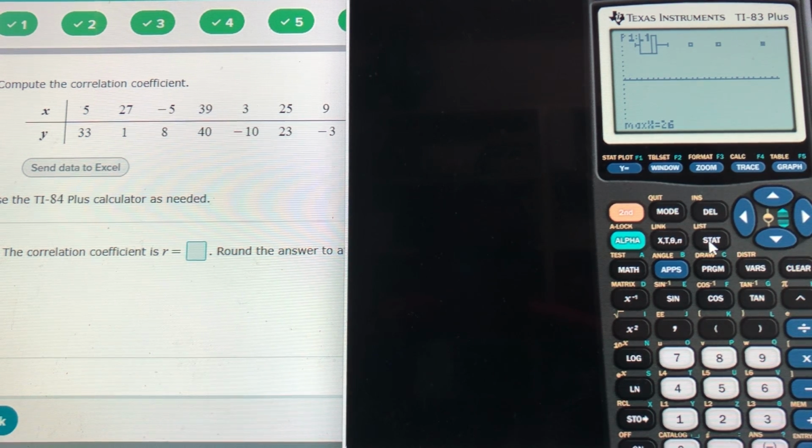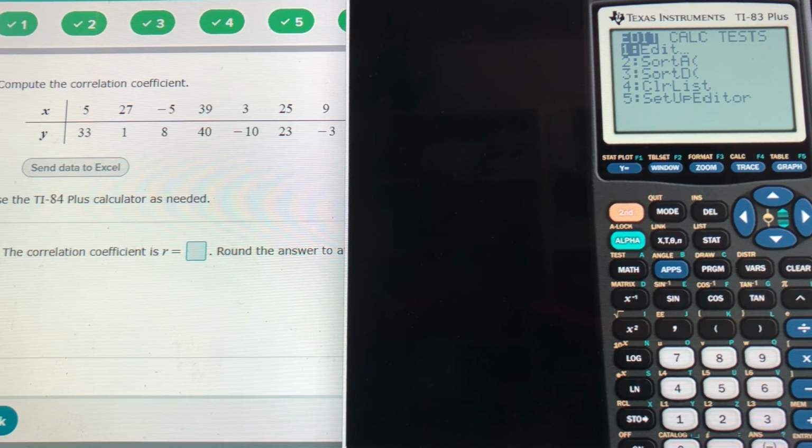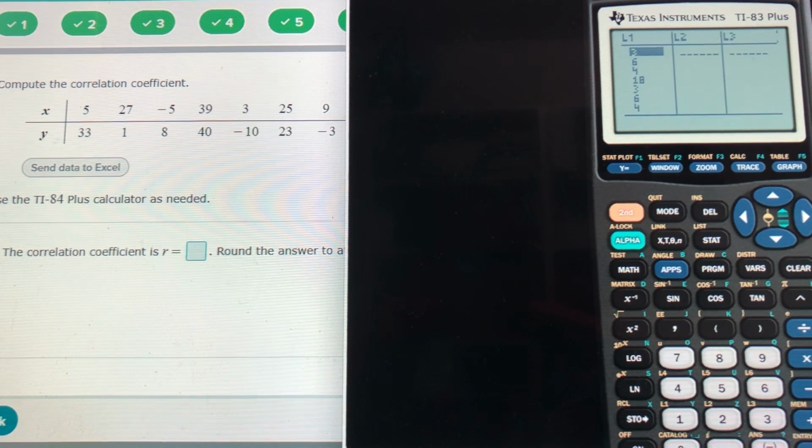So go to Stat and press Enter for edit. Whenever you have data previously in your list that you want to get rid of, you go up arrow to where the L1 name actually is, right where L1 is. Don't hit delete or the whole list disappears. Hit clear, enter, and that wipes out old data and you can type new data. So I'm going to type the X's in L1, 5, 27,